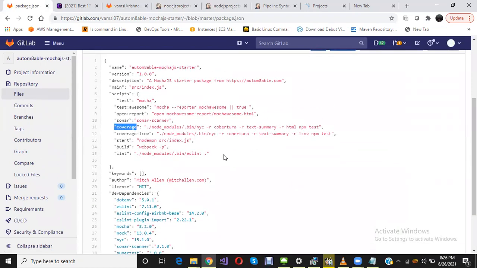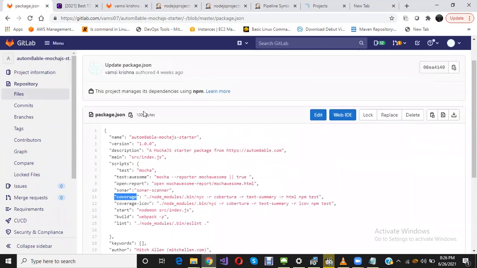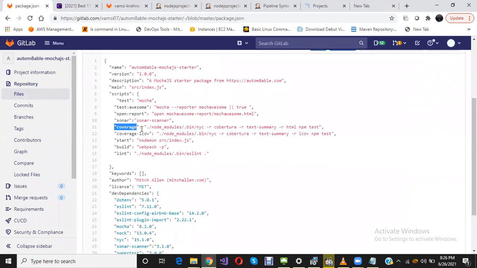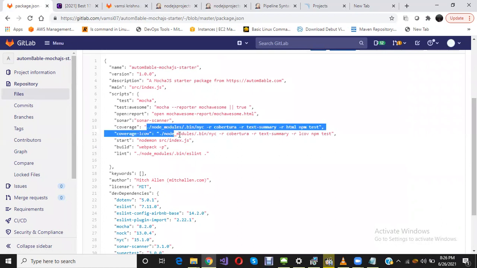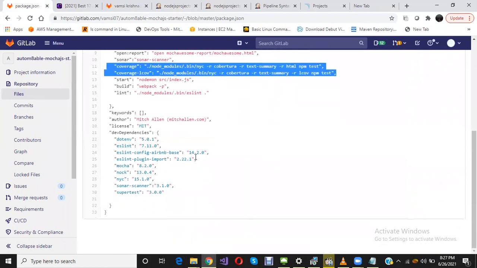This is a key-value pair. This is a JSON file, so it will be in the key-value format. So this is what we need to update, so that using some tools, it will generate the coverage report. That coverage report we are importing to the SonarQube.